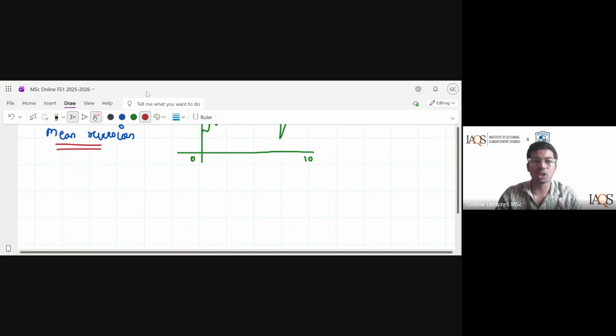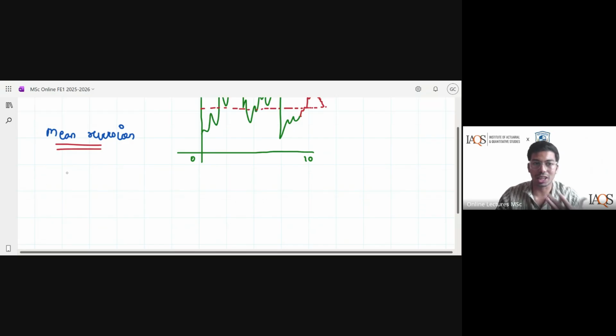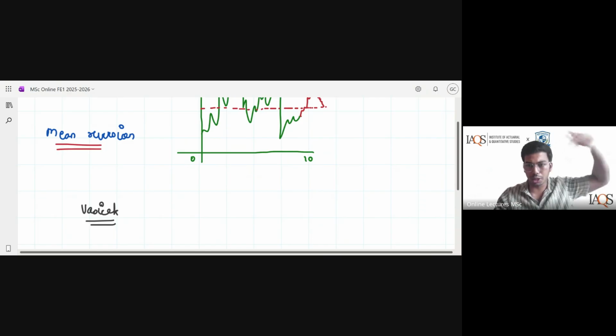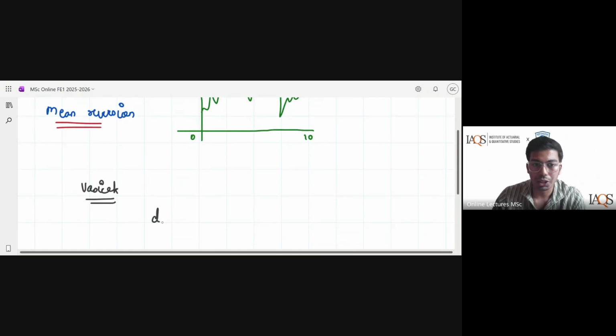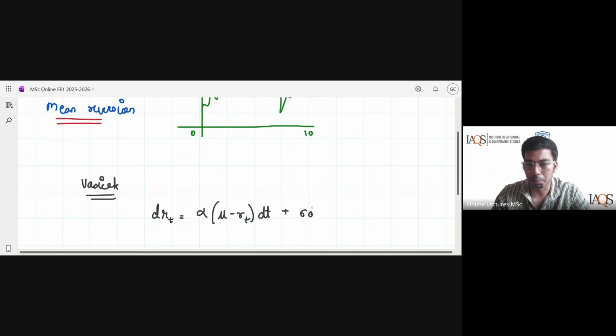All right. So the model that we generally use to model interest rates is called the Vasicek model. That's the name of the model. Here the SDE will be already given to you. In the previous one, we derived the SDE from the equation first. In this special case, you don't need to know how the SDE is derived. The SDE goes like dRt = alpha(mu - Rt)dt + sigma dBt.